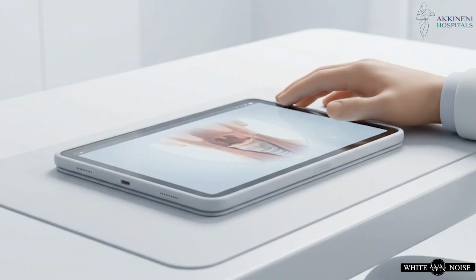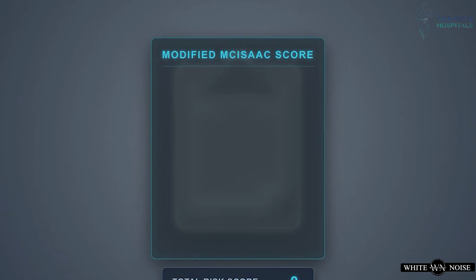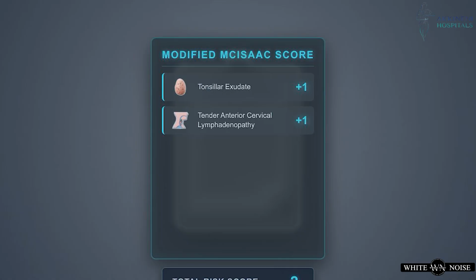To accurately estimate the probability of GAS without immediately running lab tests, clinicians utilize an evidence-based gateway known as the Modified McIsaac Scoring System. This checklist calculates a patient's risk based on distinct clinical features. The score increases by 1 point if the physical exam reveals tonsillar exudate, visible white or yellow patches on the tonsils. Another point is added for tender anterior cervical lymphadenopathy, identifying localized swelling in the lymph nodes at the front